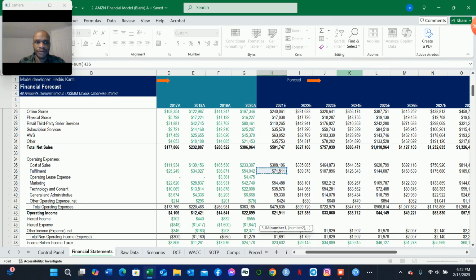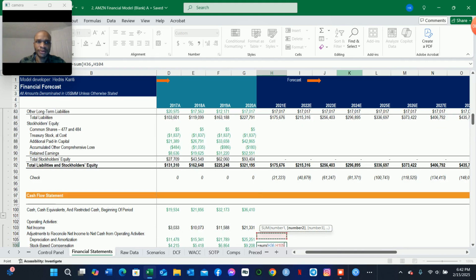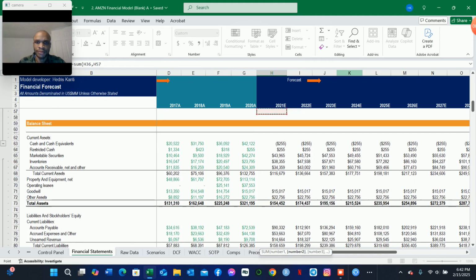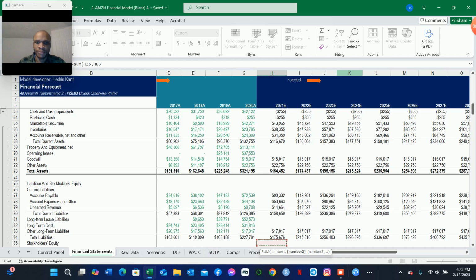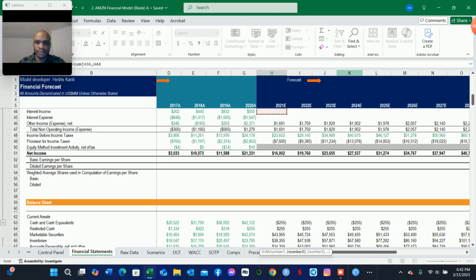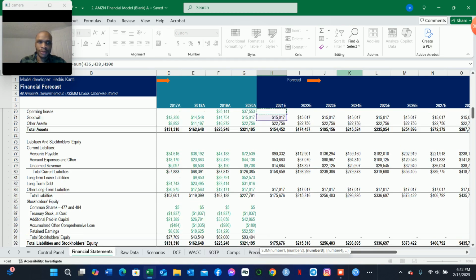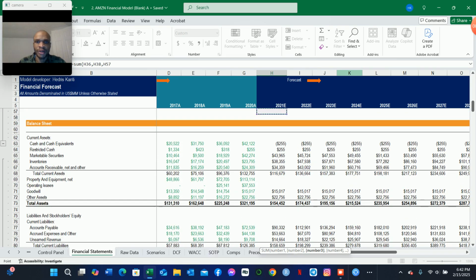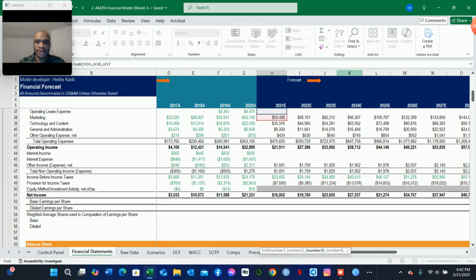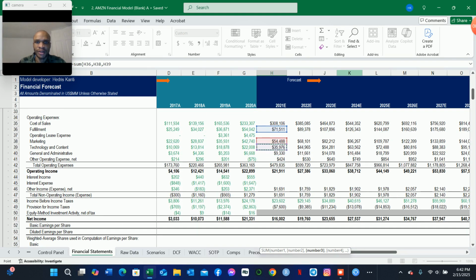So we're going to take fulfillment, so we are summing all of the items on Amazon's operating expenses that we believe are going to be a function of the stock-based compensation. So we have marketing, we have technology and content,